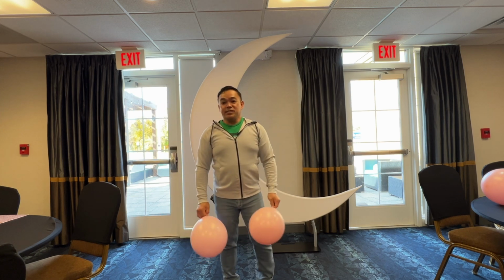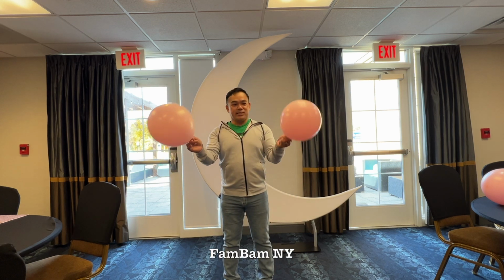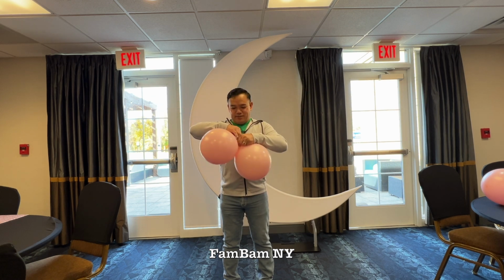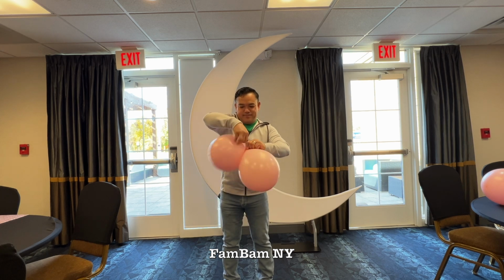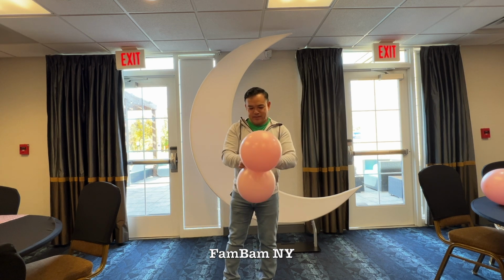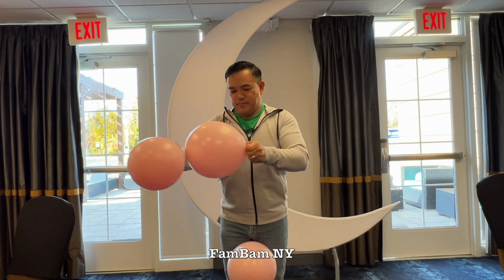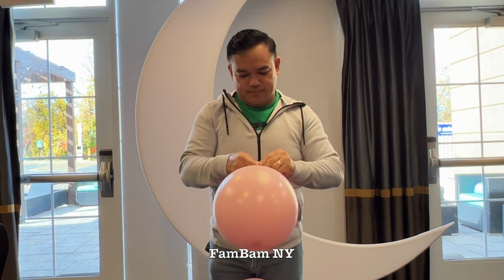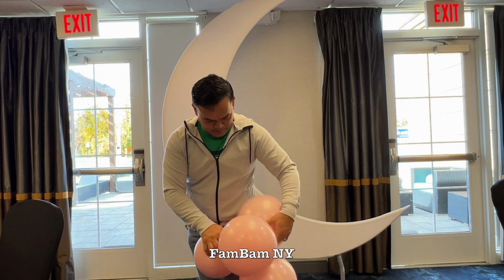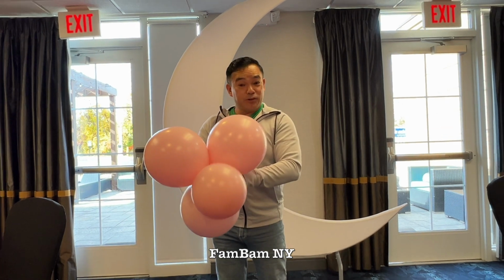So this is going to be an organic balloon cluster or balloon clouds. We will inflate this any size. This is actually 12 inches. Tie this together. Then you get another set. So now you have a quad, so an organic quad. So get another quad,